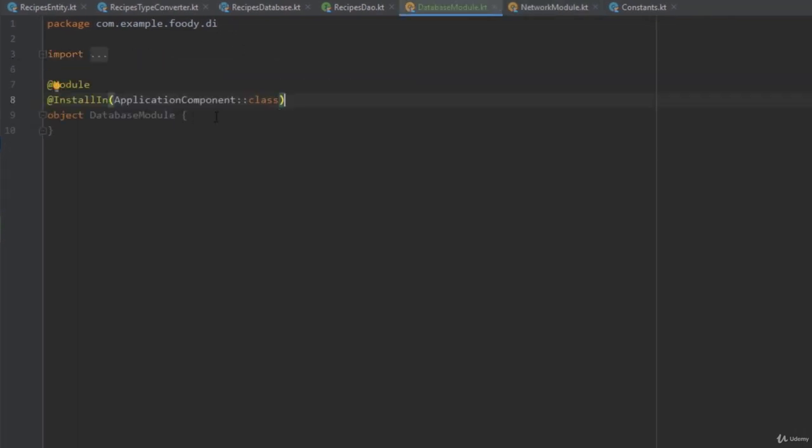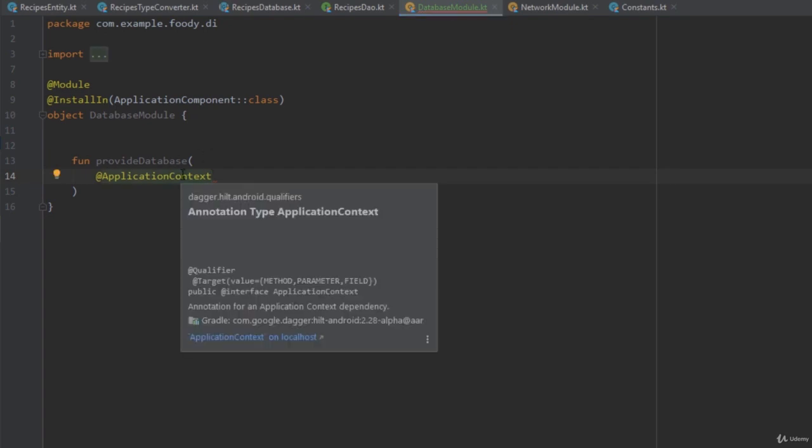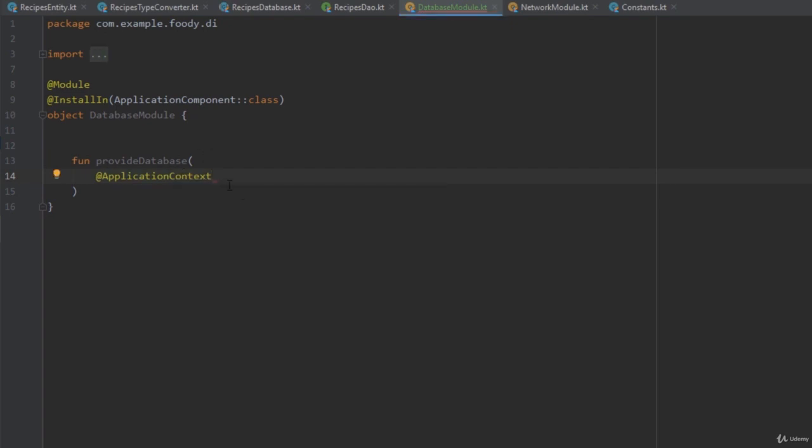Okay, and now we're going to create two functions to tell our Hilt library how to provide room database builder and our recipes DAO. So first let's create a function named provide database, and as a parameter we're going to add the application context. We're going to use this annotation from our Hilt library, so we can inject this application context immediately. And this function should return